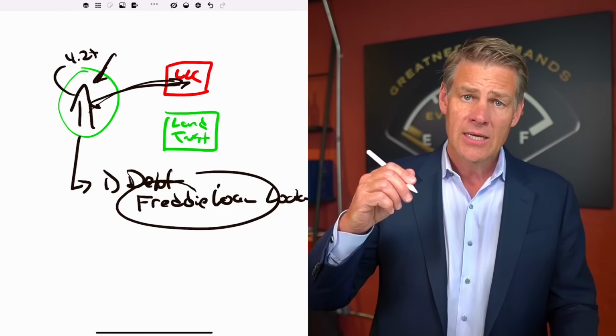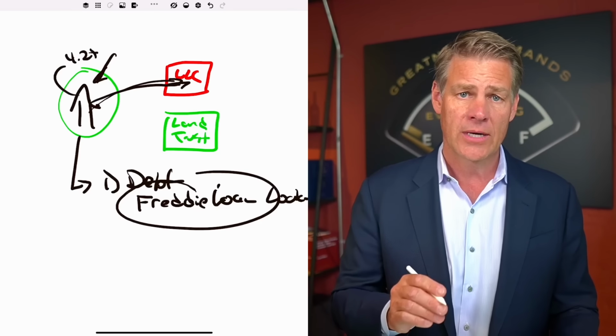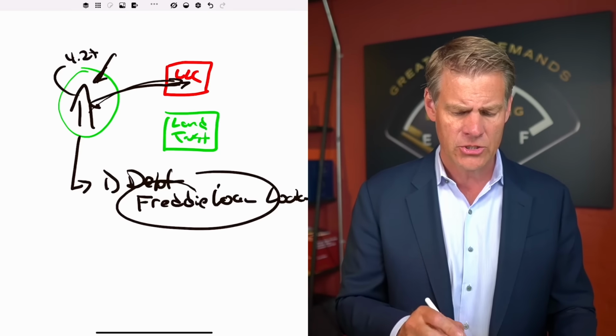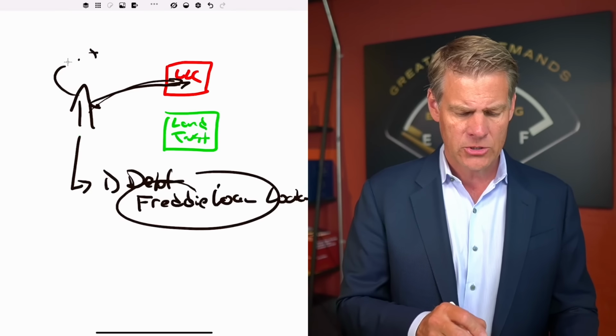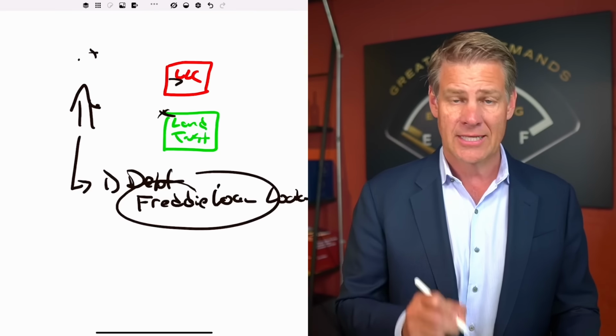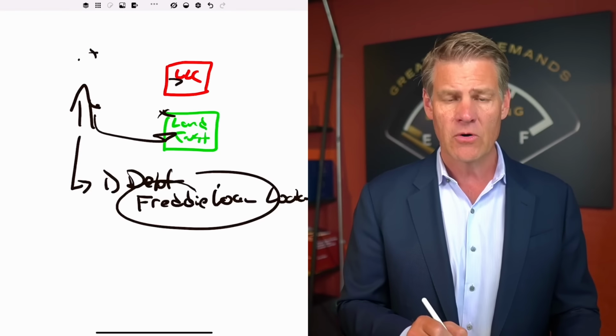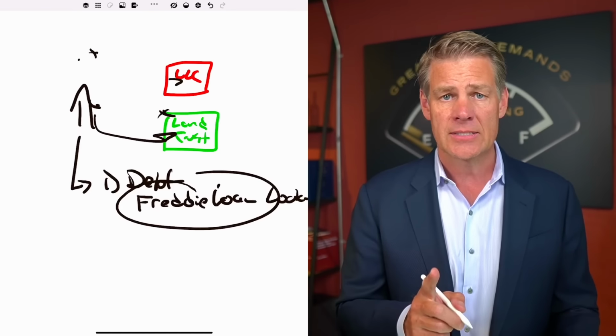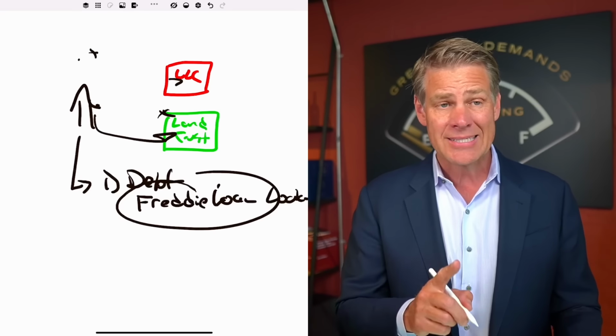So if it's held by Freddie or Fannie, you can transfer it into an LLC. If it's not, then what you're going to need to do is rather than go directly into an LLC, you have to set up a land trust. That's why I put this on the screen. So now we're going to move our property first into a land trust,